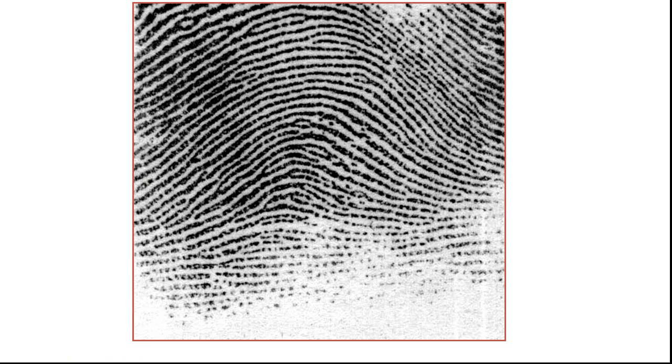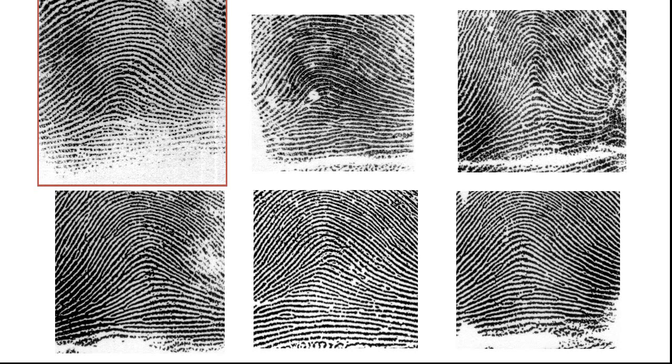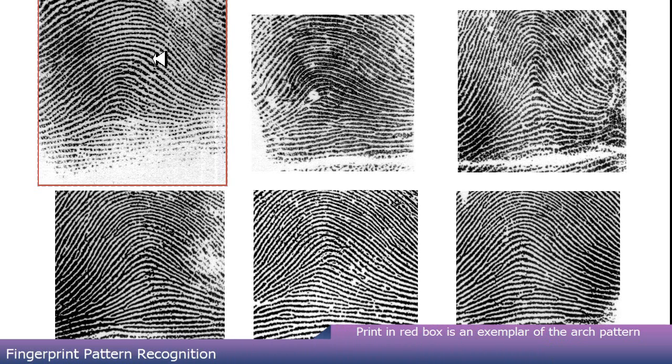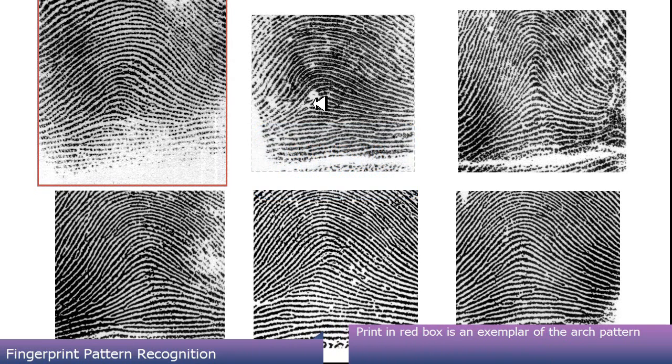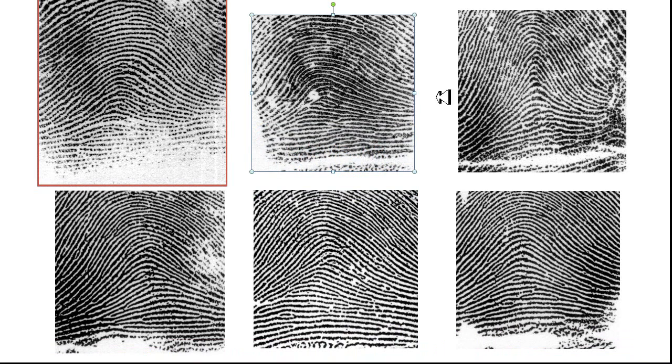Let's look one more time at the plain arch pattern, and I have put a red box around this one so that we'll know later when we're looking at that. Again, one last time, the ridges start on one side, rise, and return to the other side. Now I'm going to use this print that I've put the red box around as an exemplar, or the example that I will use for the plain arch pattern. And I now want you to examine these other prints